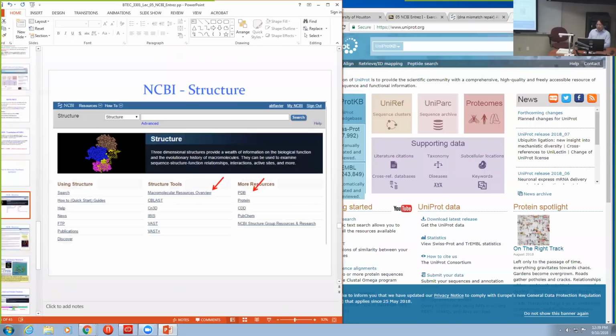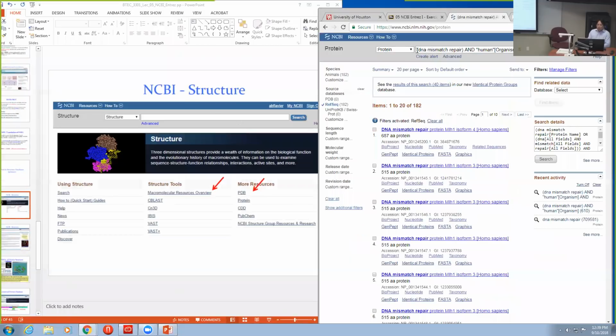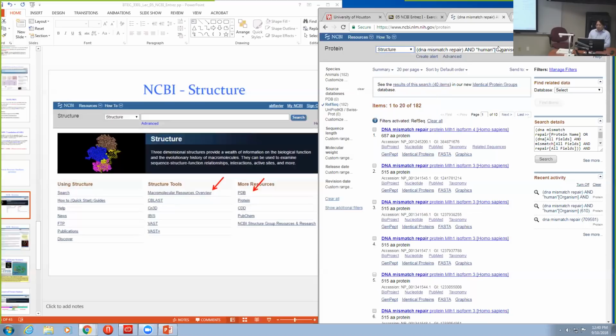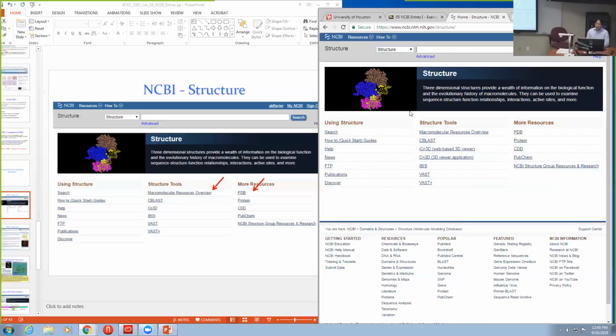So in NCBI, we also have a structure database. And again, this is how you go to the NCBI. I guess you can tell from here. Structure database. And this brings you to